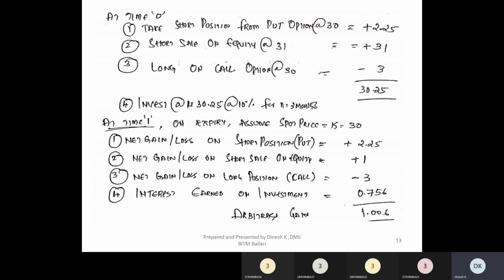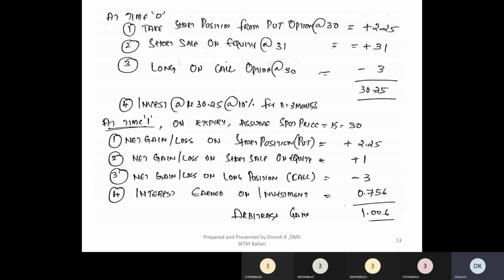And the third position is you are supposed to take a long position on a call option at the rupees 30 strike price. When you take long on a call, what happens? Do you need to pay the premium or are you going to receive it? The premium is 3 rupees. You are going to make the payment, so it's a cash outflow of